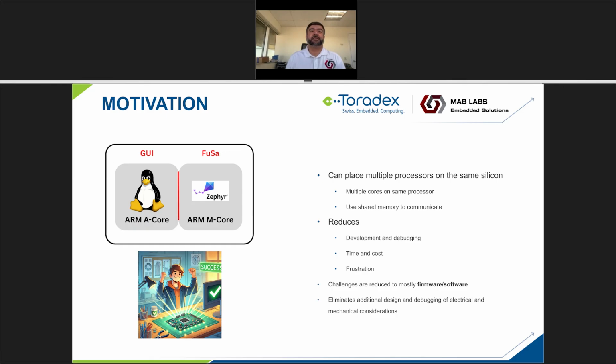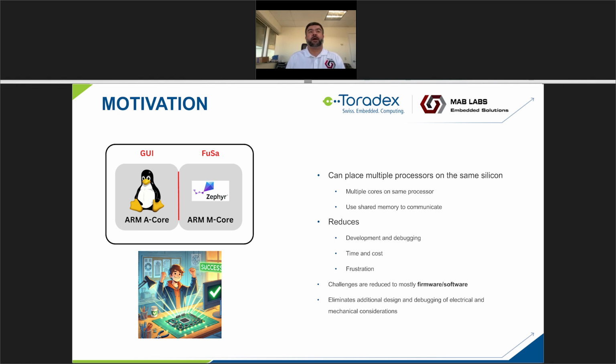And so what this does is it essentially eliminates the electrical and mechanical elements that we need to consider because of the two processors, right? So it reduces development and debugging, which inherently reduces time and cost, and reduces frustration,